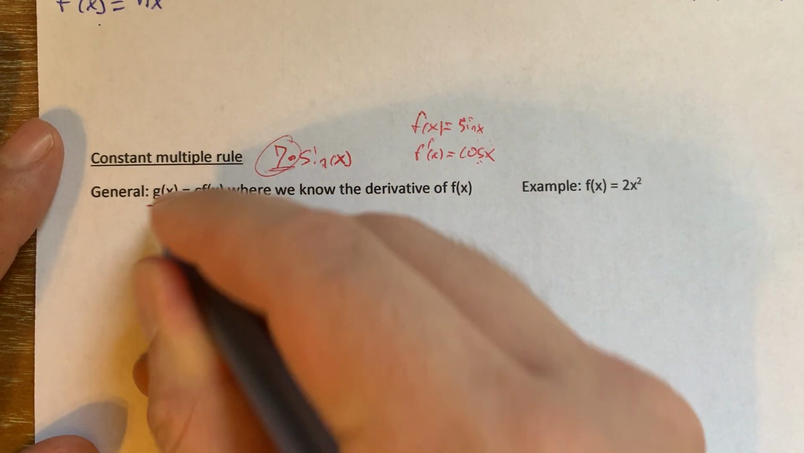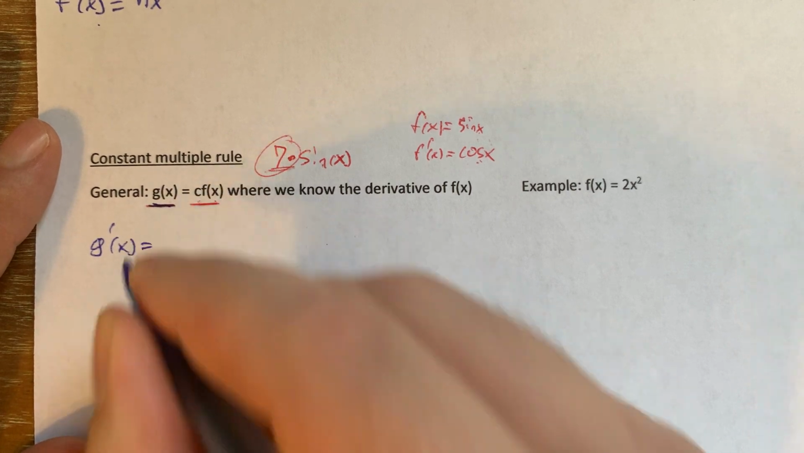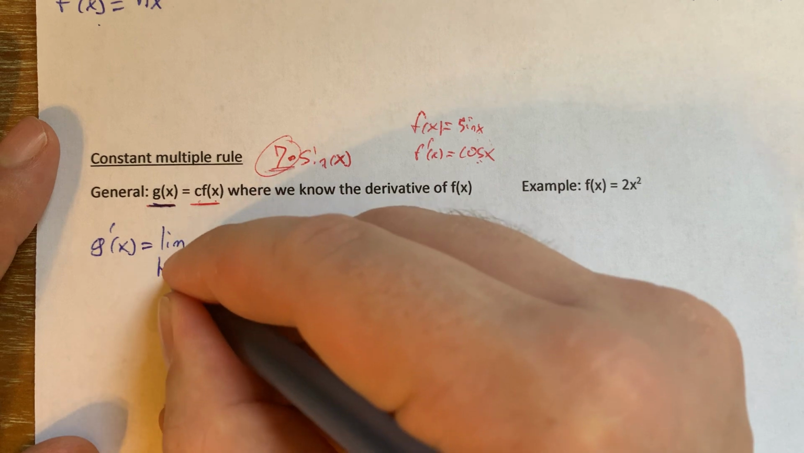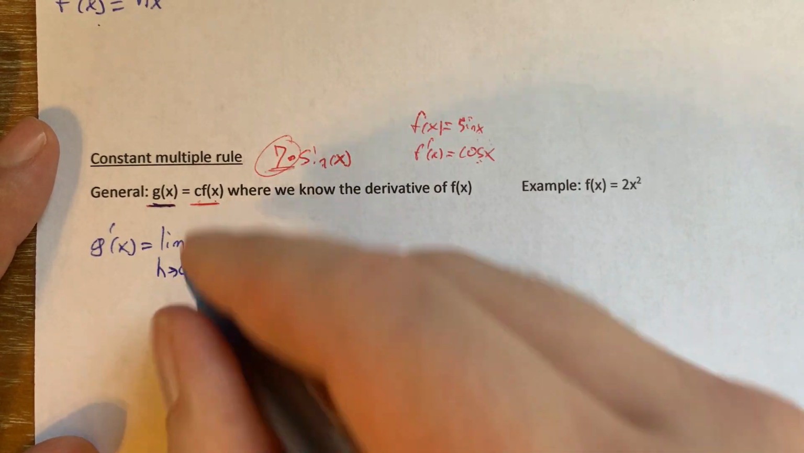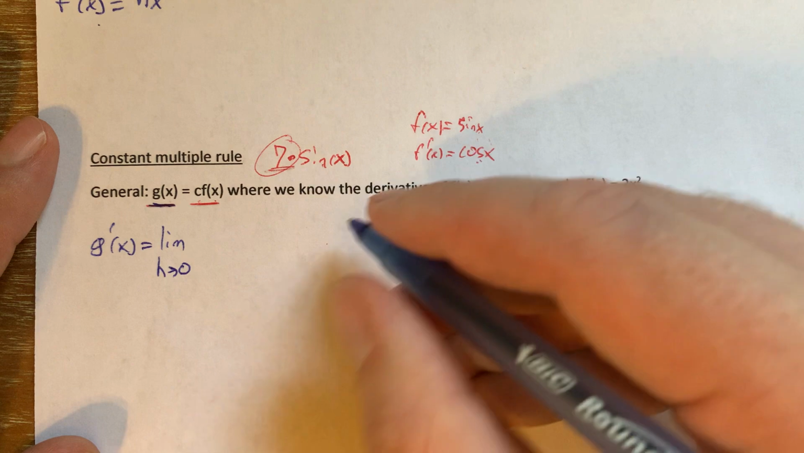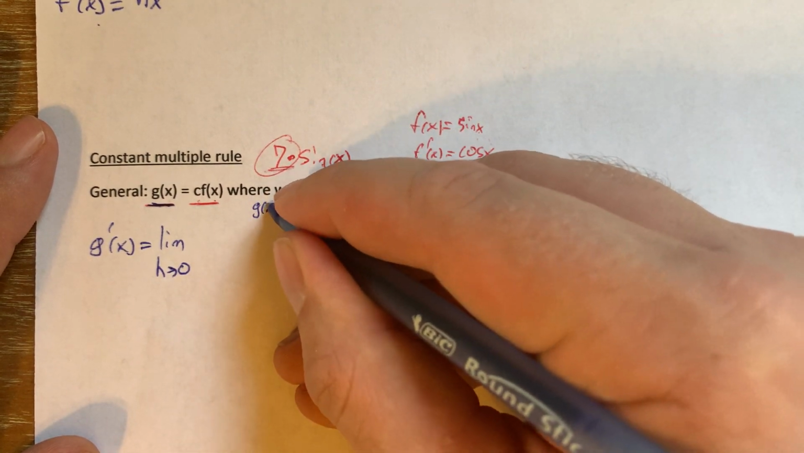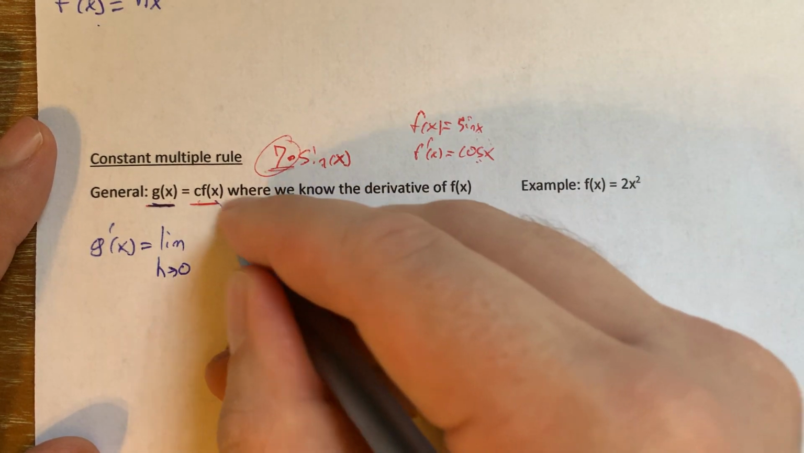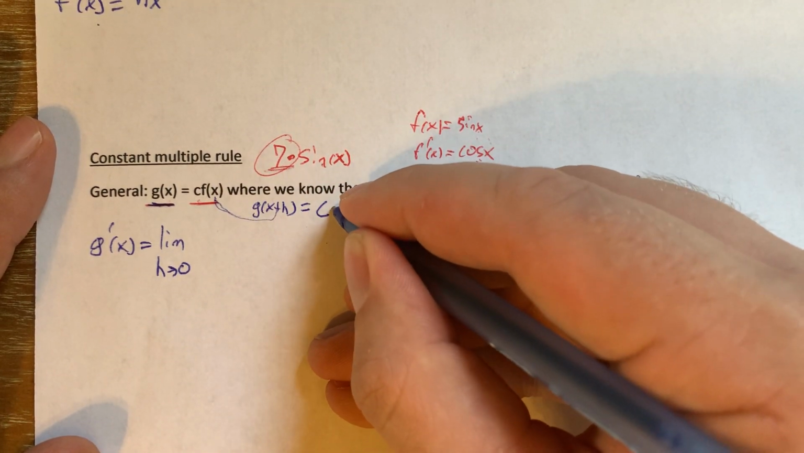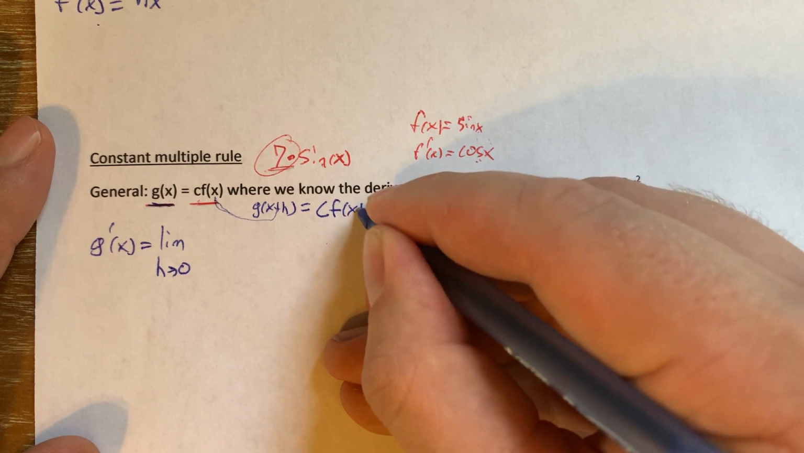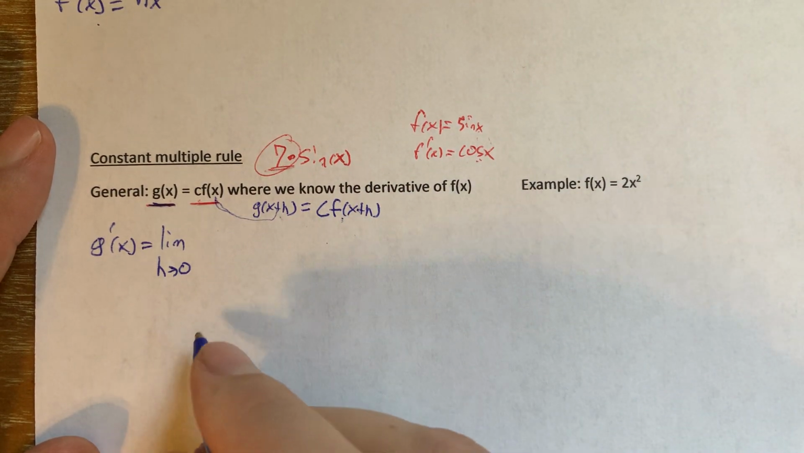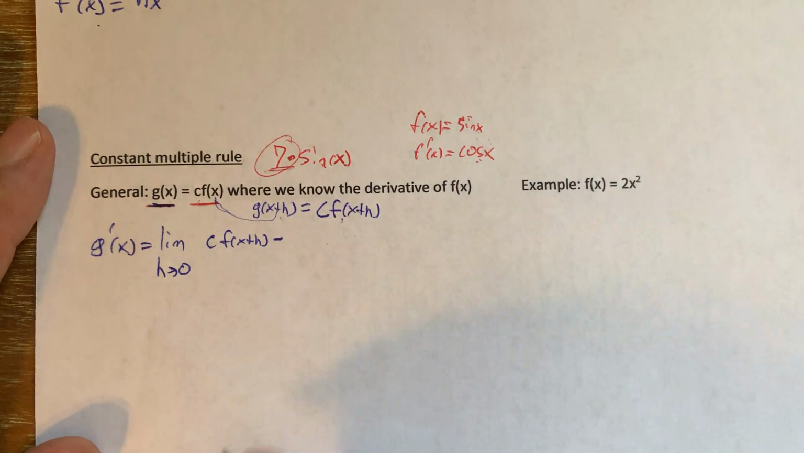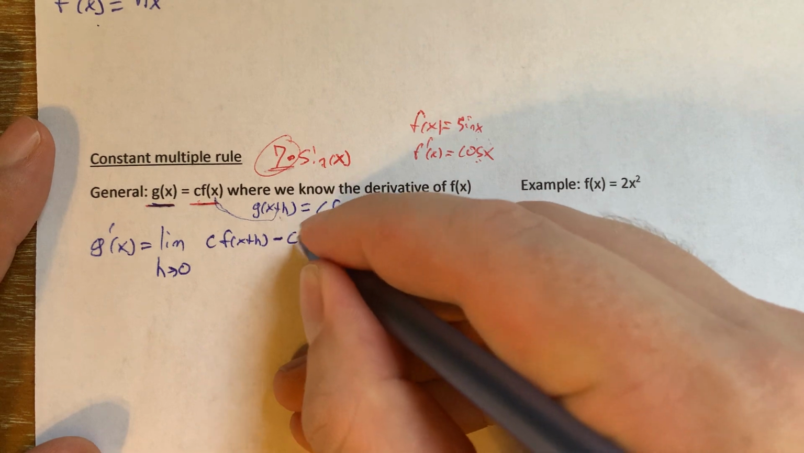So the general formula for g prime of x is the limit as h goes to 0 of, we need g of x plus h. So g of x plus h means we just put in x plus h here. And when we plug in x plus h, we get c times f of x plus h. So that's what g of x plus h is. So c times f of x plus h minus g of x. G of x is c f of x